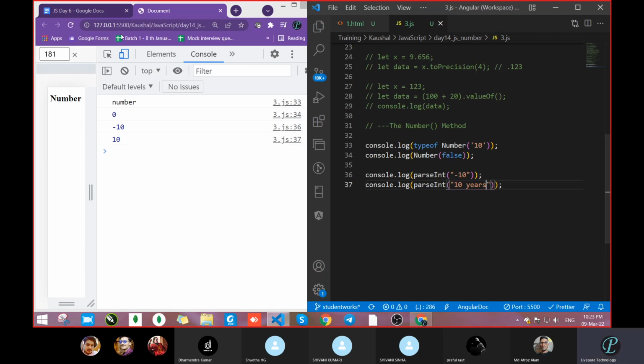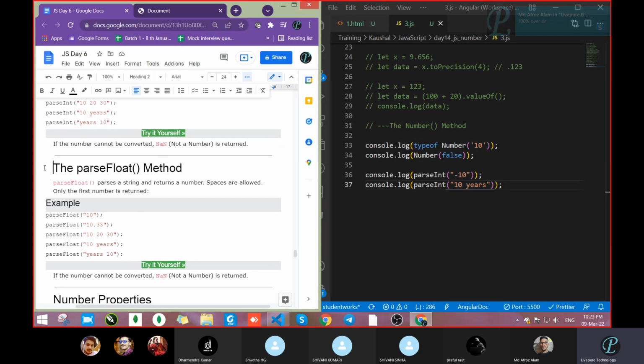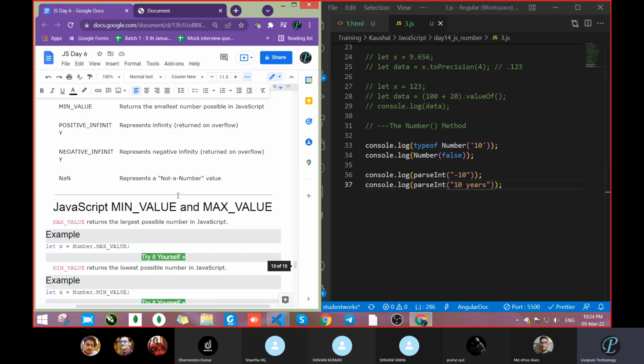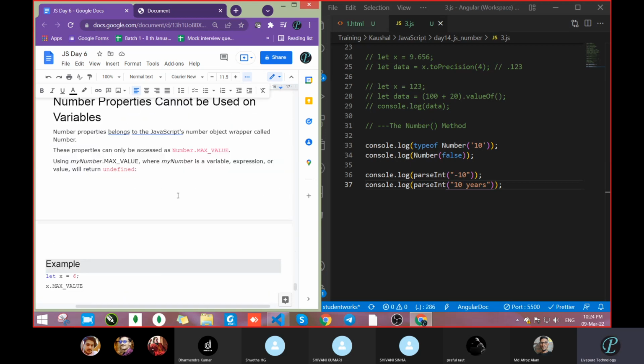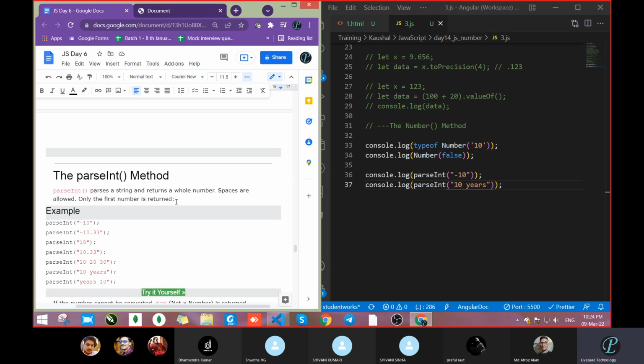Got it? So this way we did it. If you pass something, you can do that. Okay. Next, parseFloat. What will we do with the help of parseFloat? We can convert that into which form? Decimal. So let's take something. I just want 5 minutes, I think. If 5 minutes, that's enough. These are just normal things.